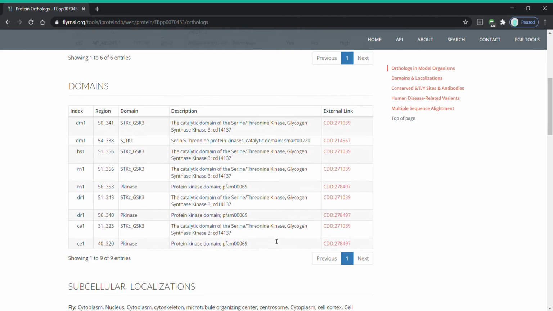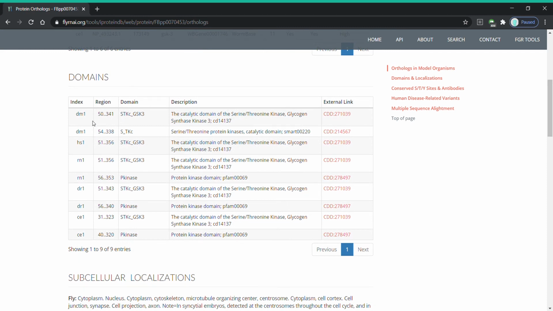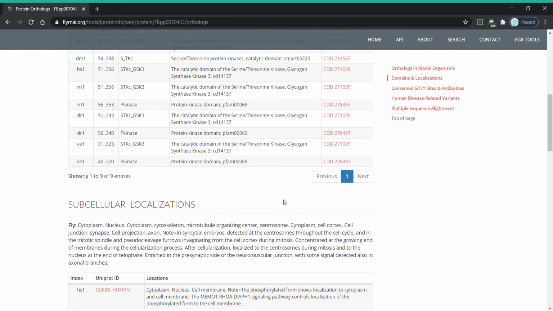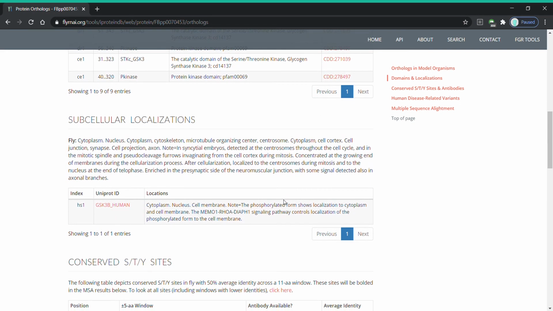Scrolling down, we have domains from each species, where within the sequence the domain is, the name and the description again, as well as, of course, the link out to the publication that it was found in. Scrolling down, we have subcellular localizations for each species,